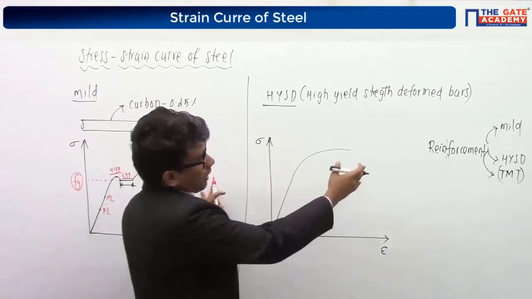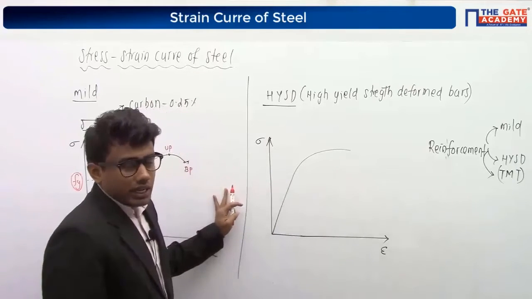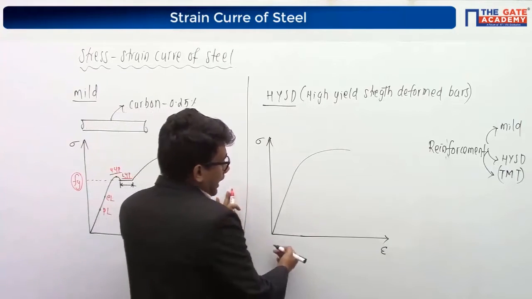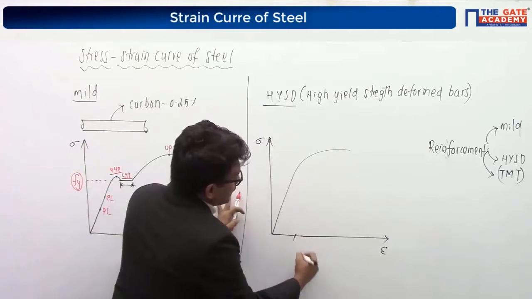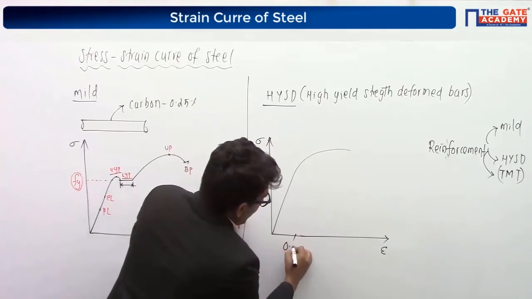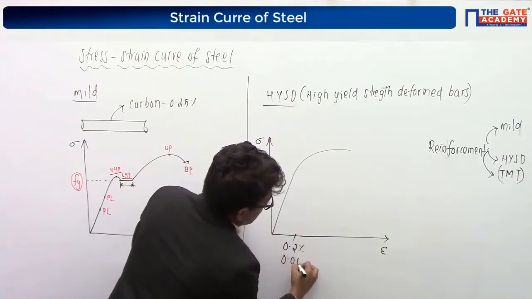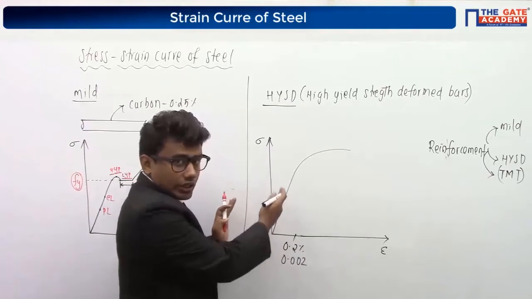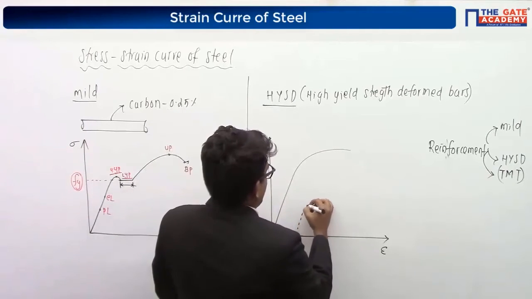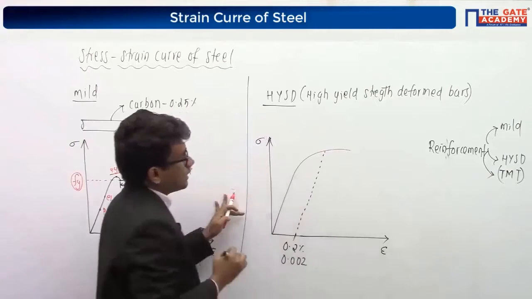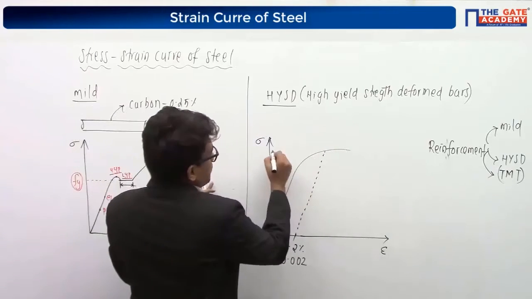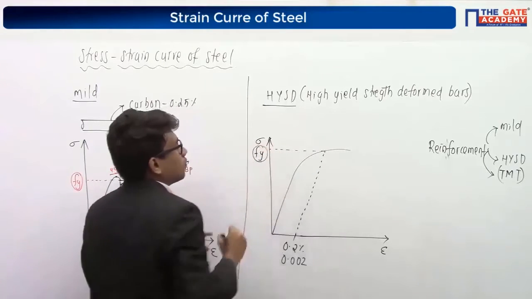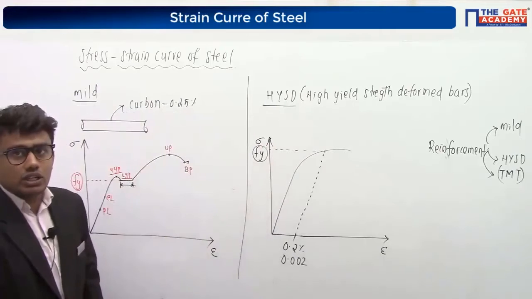So for that, see, our grade of steel is based on the yield strength of bars, right? So in order to find the yield strength of the bar, on the x-axis we are having strain, right? I am going to consider a strain value that is 0.2% or 0.002. After that, I am going to draw a line parallel to the initial straight portion. It will meet somewhere in this curve, and the stress corresponding to that point is taken as Fy. That is the yield strength of our HYSD steel bars.